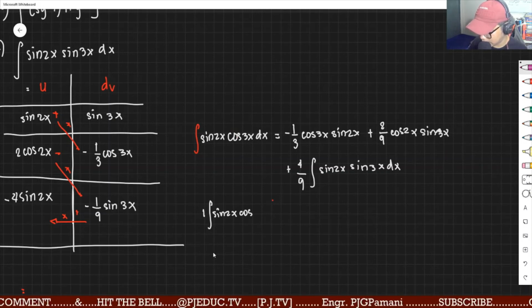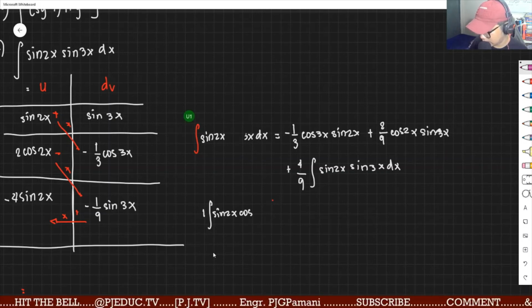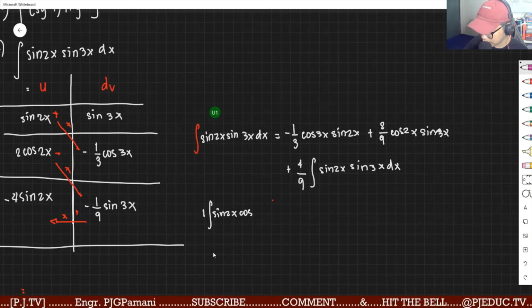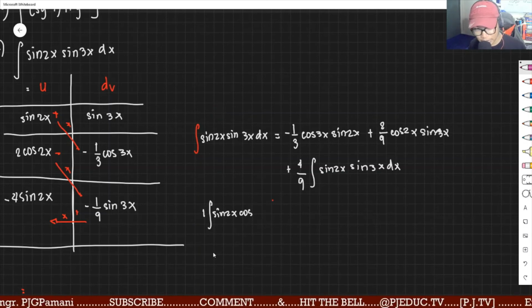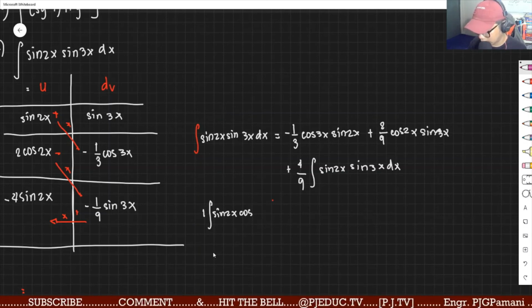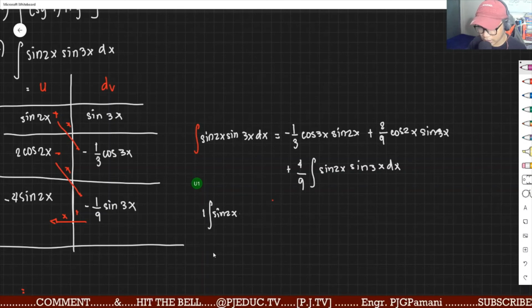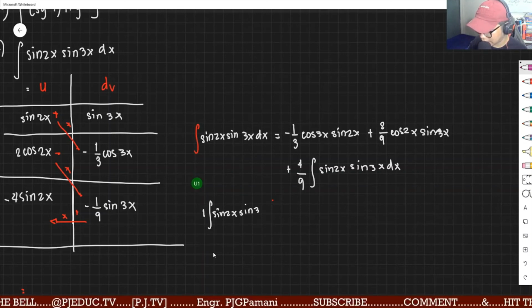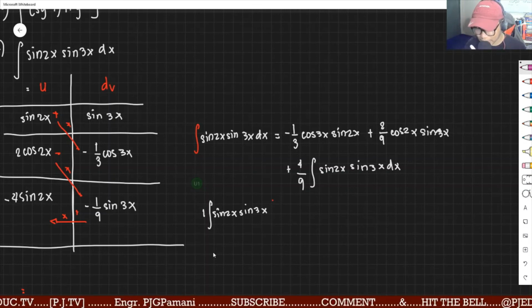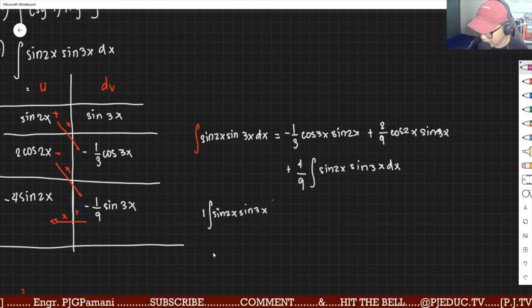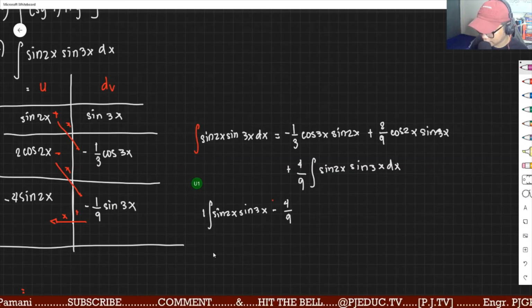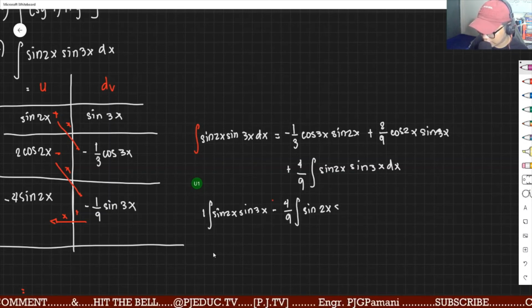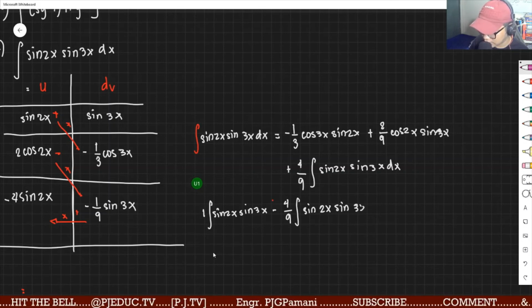Main problem natin was sine 2x, sine 3x. So with that, that is also the same as 1 integral of sine 2x times sine 3x. Di ba? Lipat natin yung nasa dulong term. Minus 4/9 of sine 2x and sine 3x dx